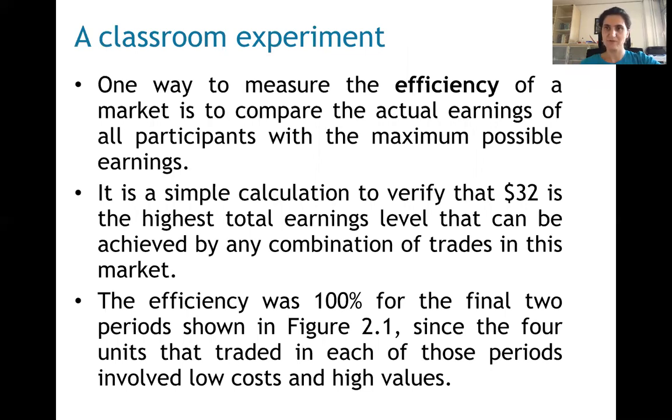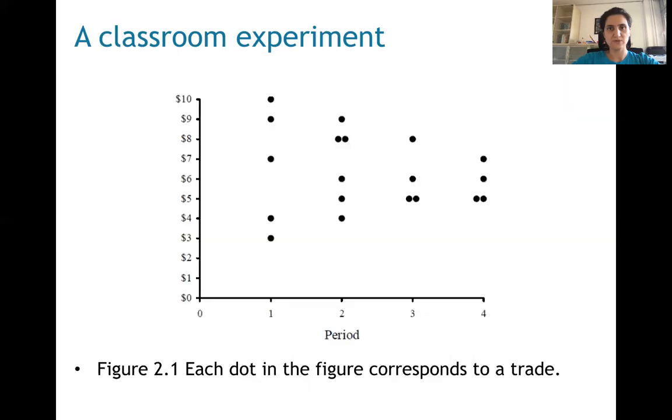That was what we were doing. It is a simple calculation to verify that 32 is the highest total earnings level that can be achieved by any combination of trades in this market. The efficiency was 100% for the final 2 periods shown in figure 2.1. In period 3 and period 4, $32